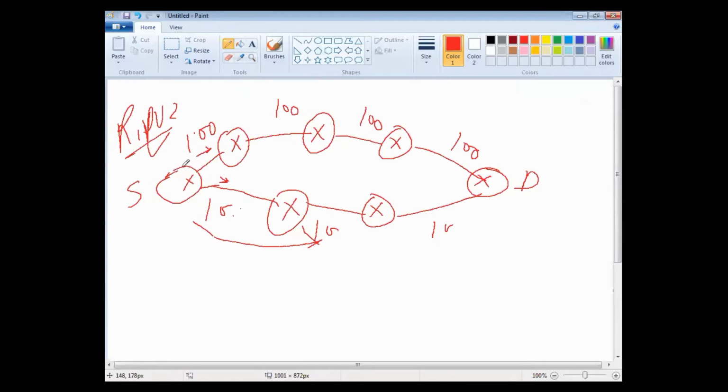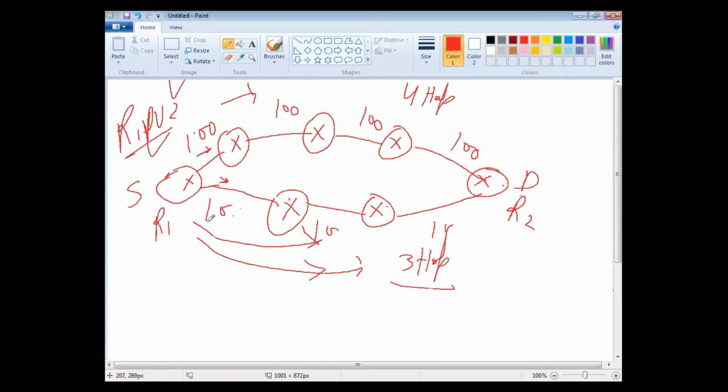So let us suppose these are our two paths. If we say this is R1 and this is R2, then from this side the R2 is 1, 2, 3 hops away from source. But if we take this path, R2 is 1, 2, 3, 4 hops away. So this is a 4 hop path, and this is a 3 hop path. So RIP version 2 will select this path because the hop count is less, because this is a distance vector